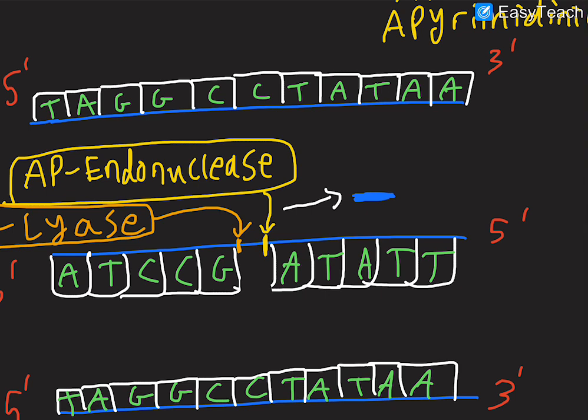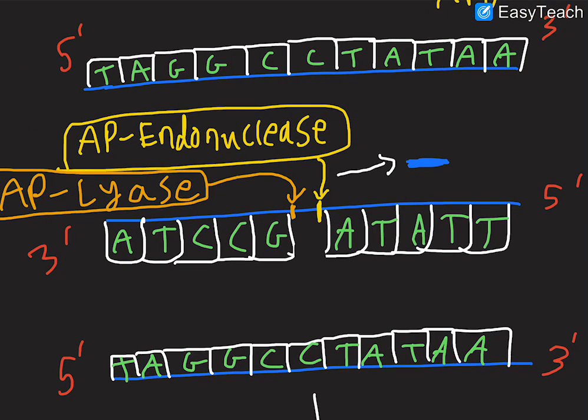So AP endonuclease is going to come in and go to the 5' site. Notice how this is 5' over here, so this side is the 5', this side is the 3'. So the AP endonuclease comes in and cleaves the 5' end of the sugar phosphate. And then AP lyase is going to come in and cleave the 3' end of the sugar phosphate. Then that's going to lead to